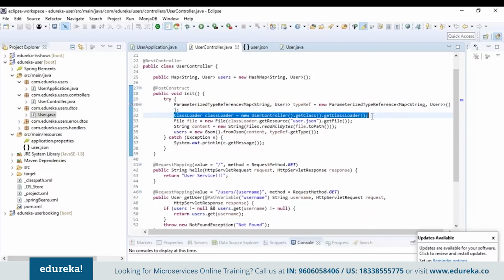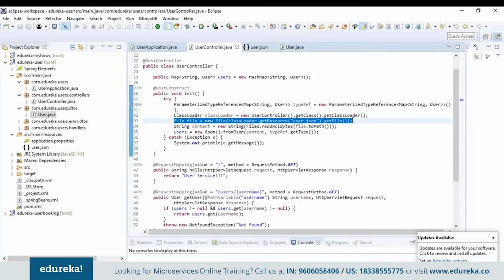After that, to read the JSON file from the resources folder under the controller package, I have first loaded the class using the class loader and then read the user.json file from the resources folder. Then a new object of file type is created and I've named it file. After that, all the bytes are read from this object and stored in a new object named content. So basically, at the end we're retrieving the types from the content and storing